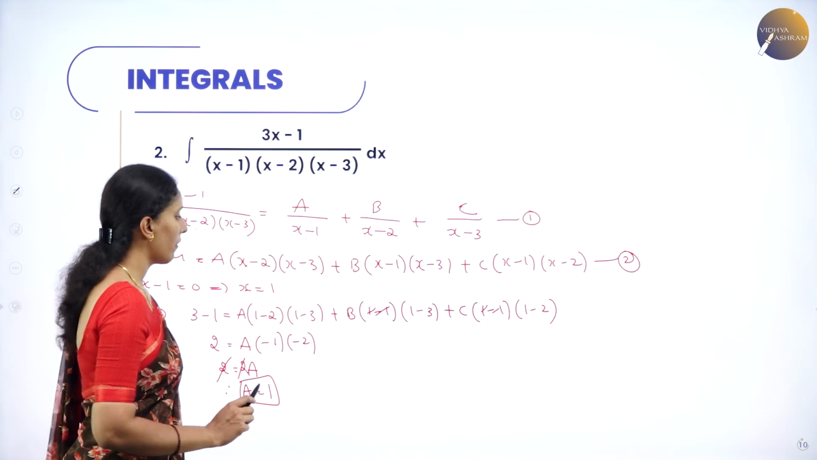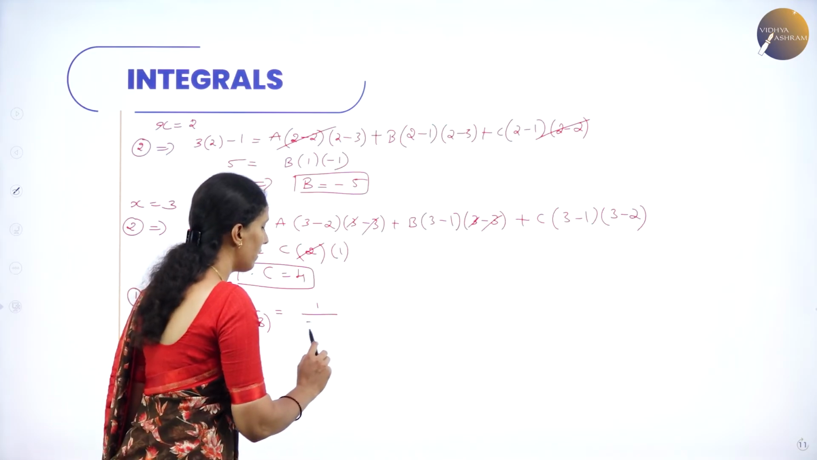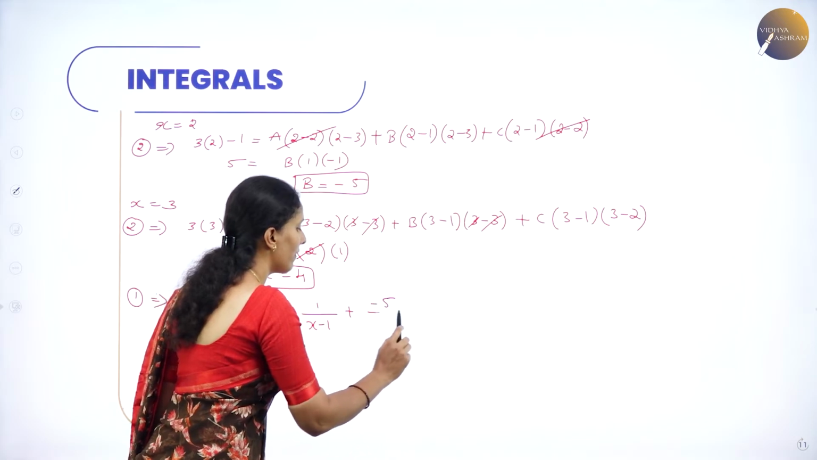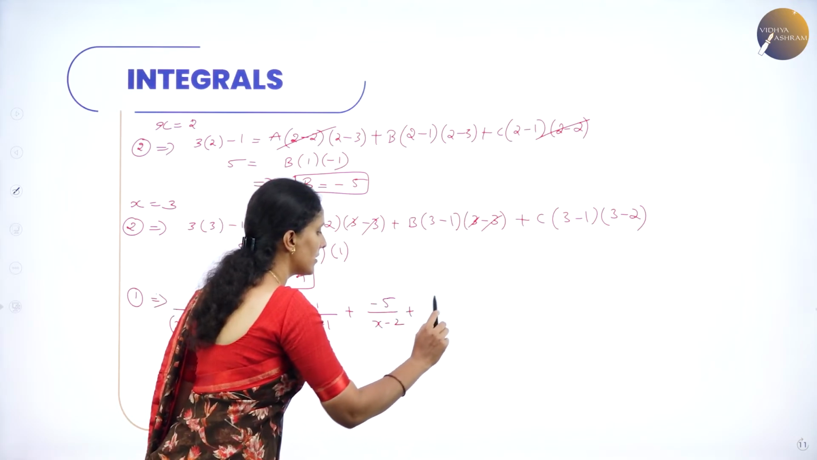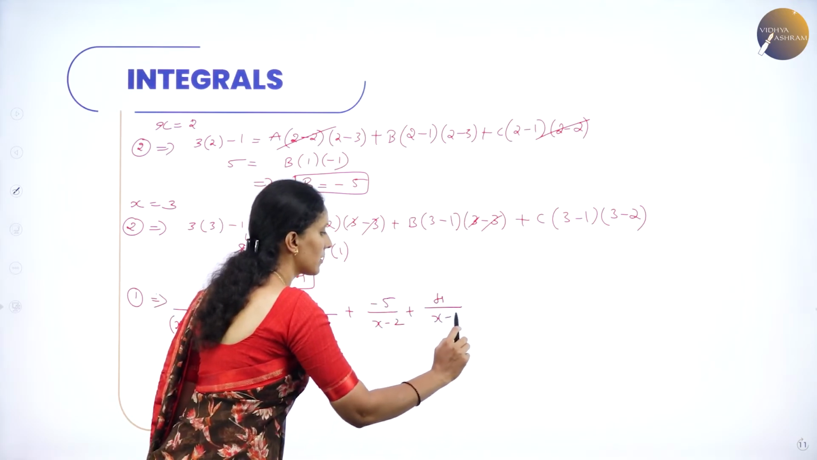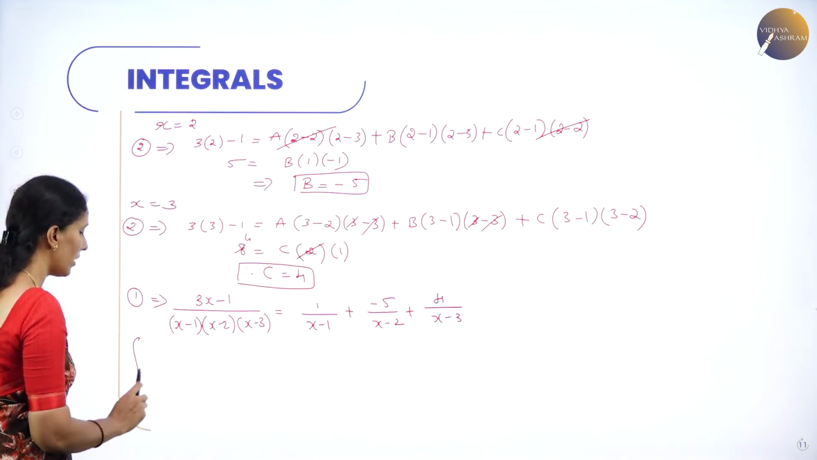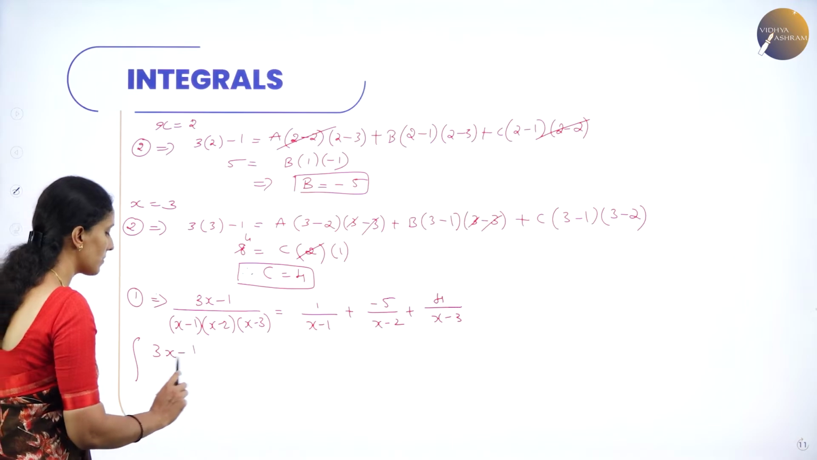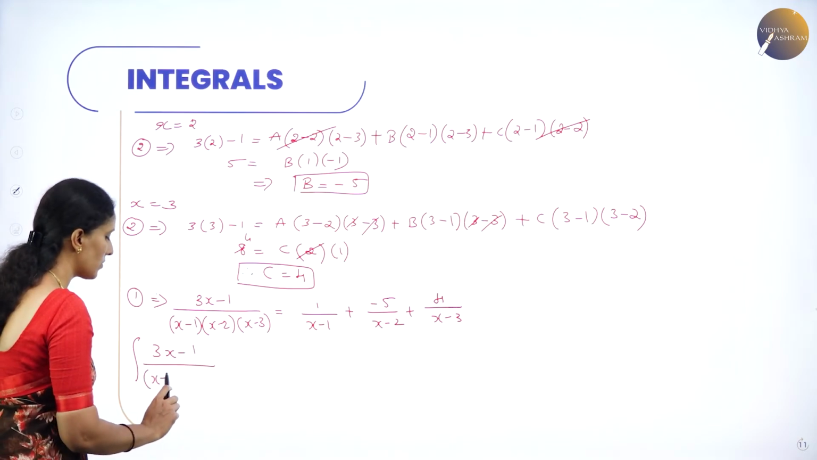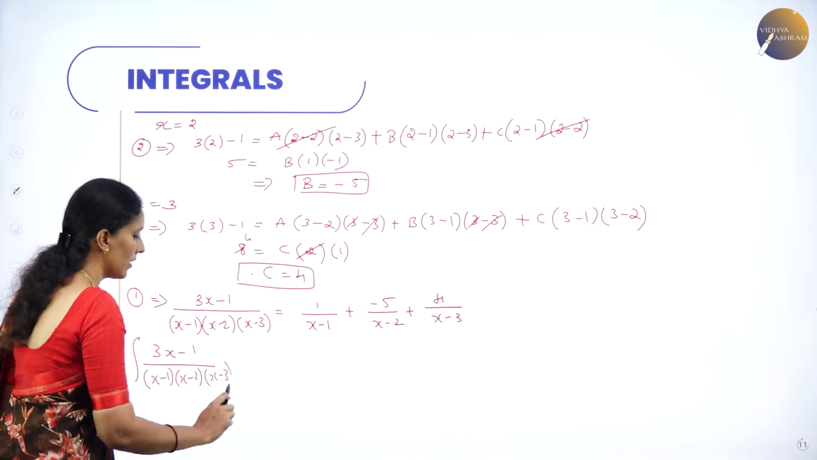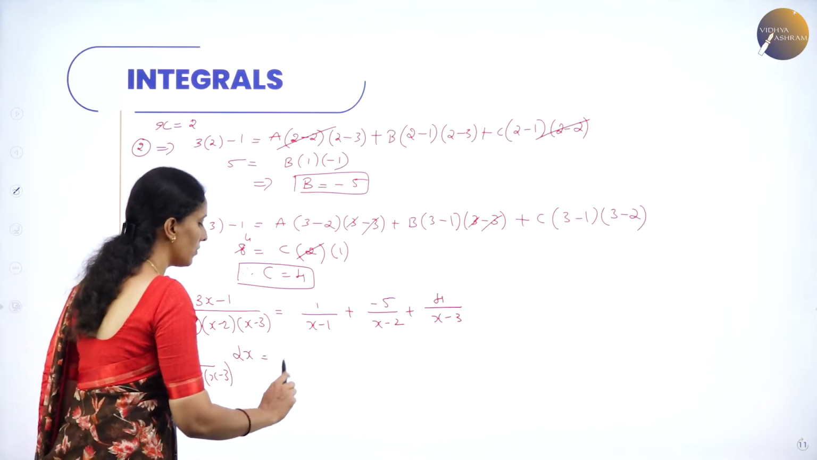What is the value of A? 1. So it becomes 1 divided by x minus 1, and B is minus 5 divided by x minus 2, and C is 4 divided by x minus 3. Apply the integral on both sides. So integral of (3x minus 1) over (x minus 1)(x minus 2)(x minus 3) dx is equal to